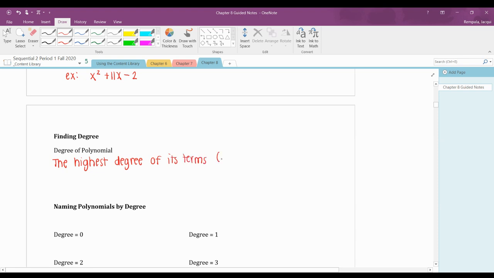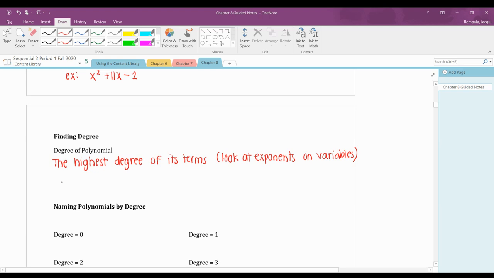Okay, and in order to find the degree, we're going to look at the exponents, but we're only looking at the exponents on the variables. So if we have numbers, we're not going to be looking at exponents. We're looking at the letters, the exponents of the letters. Okay, so when it says the highest, that means when you're looking at all the different terms and you're looking at all the different exponents on those variables, the biggest number exponent is going to be the degree of the